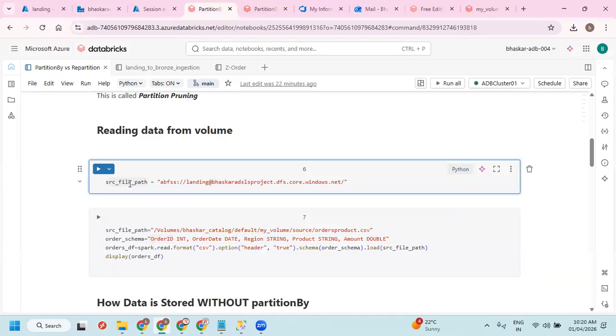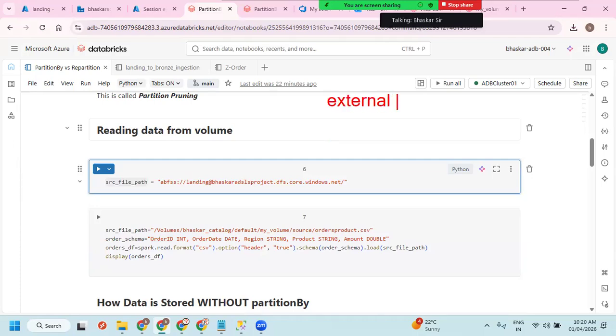first we need to have connectivity, right? If you remember, at the time of explaining our Databricks project, I have shown you how we can create an external location. To create an external location, you need to have external credentials. So create credentials first, and you can use the existing credentials as we already created.